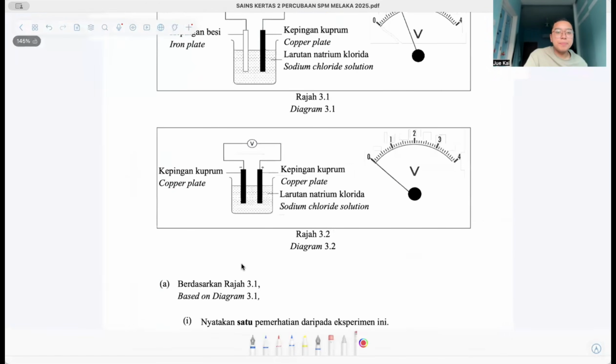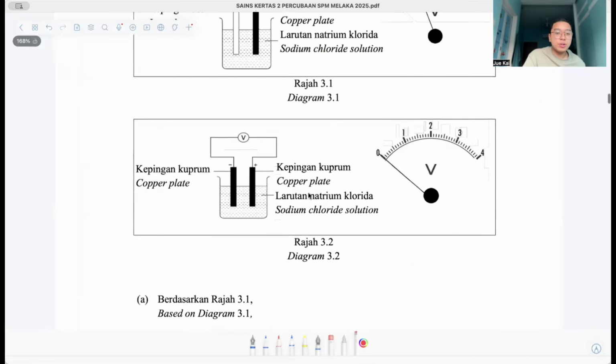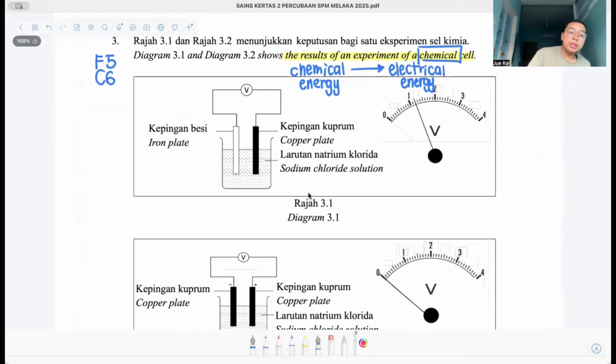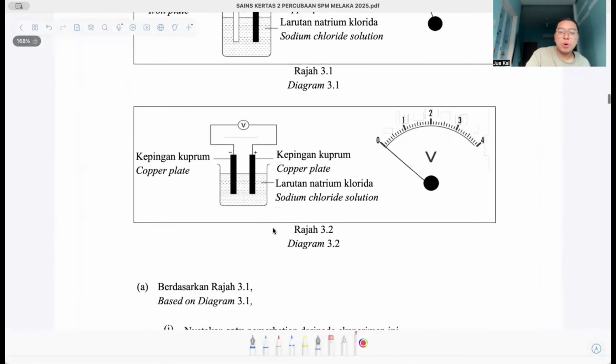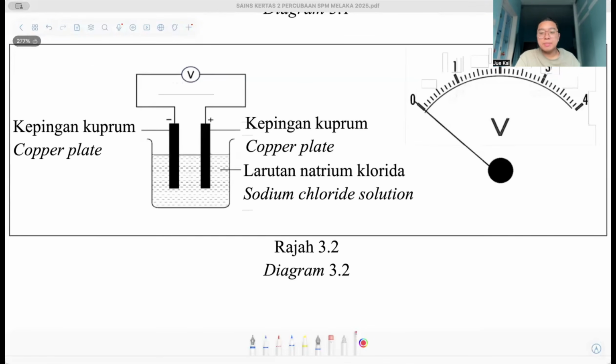Okay, first, it tells us to do observation. Okay, we do observation lah. We see diagram 3.2 first. This is my way to answer the question. If you want to use your own way, it's okay. I don't care. But in my class, I will use my way. Clear? So you can see that